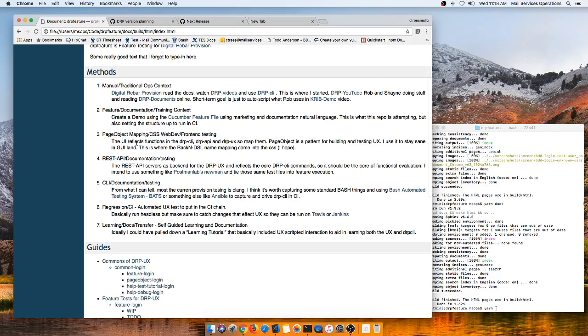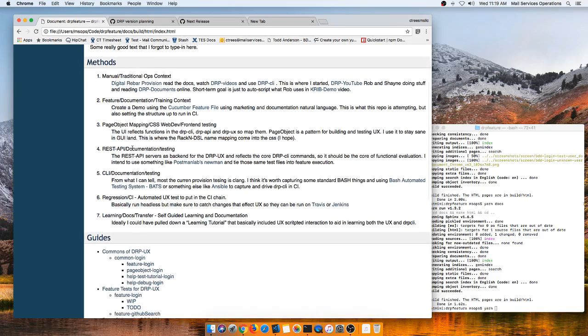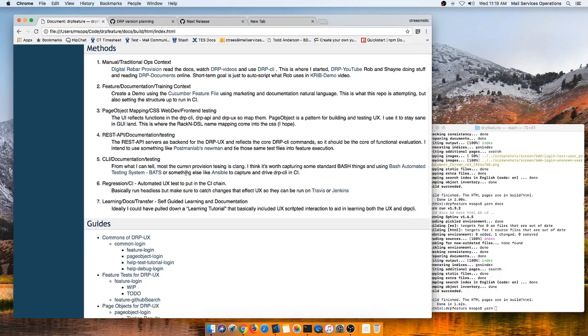The page objects is the structure that I surround via the page for the context of what things are. The REST API, that's in the future, but I think I found this Postman Lab, Newman, it's kind of a structured way to do that. The CLI documentation, I just assumed that's in, but it's definitely in the provision documentation, and I was just going to put some sort of way to exercise that, and then create a template that others can use to modify,